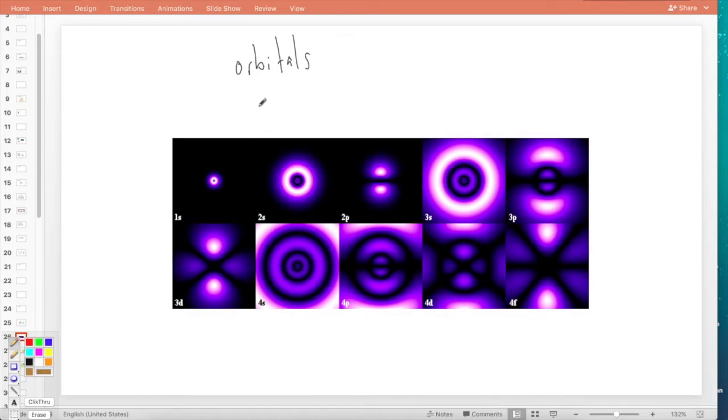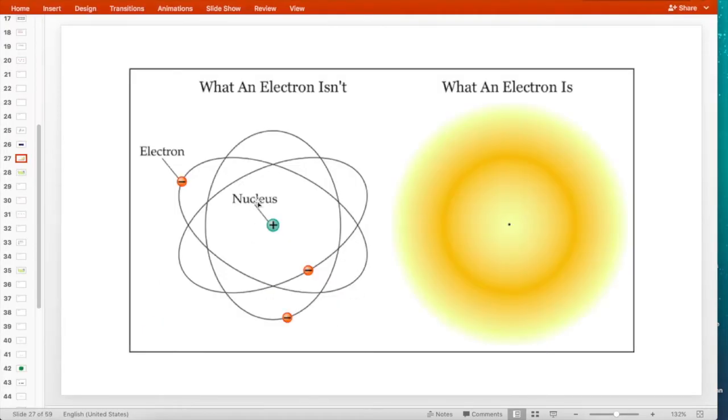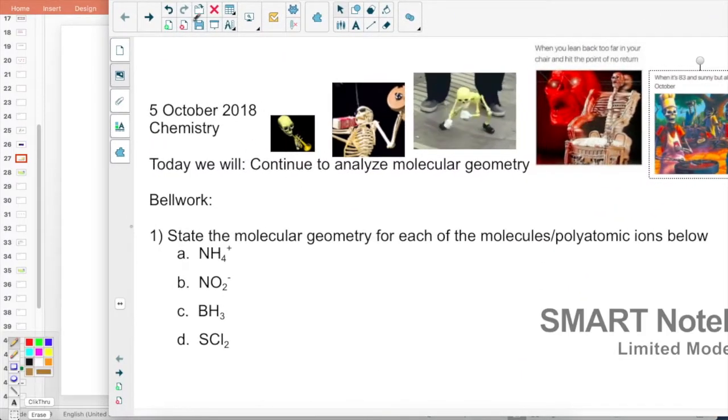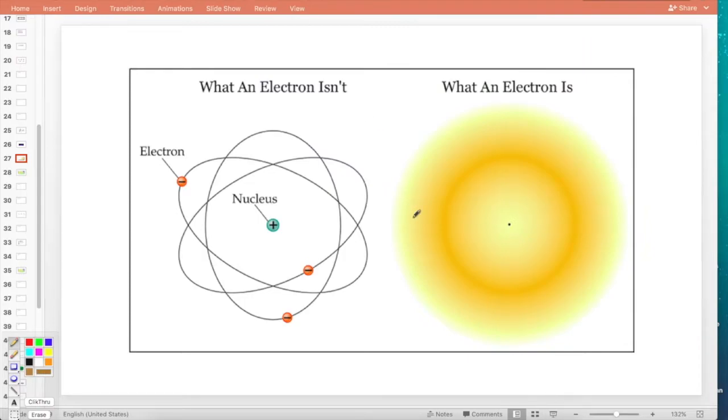Turns out we can get kind of specific about these orbitals, and we can know some things about where the electrons probably are located, what these regions of probability are like, and where they are in the atom. This summarizes that an electron is not a particle zipping around the nucleus. A simple way of thinking about this is that sometimes we call the electron a cloud, the electron cloud